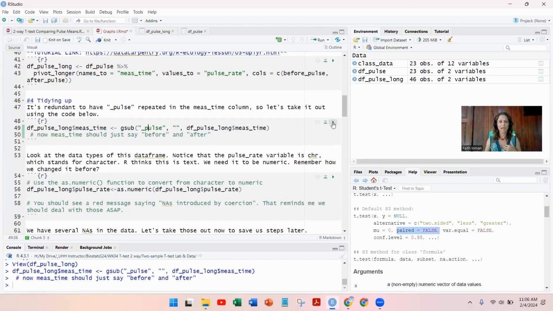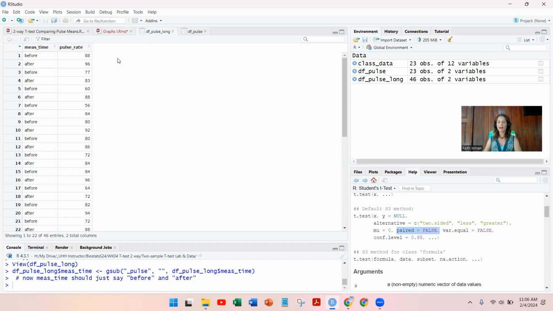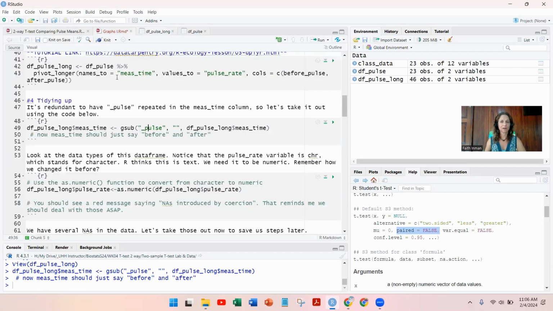Run this chunk, and now measurement time should say before and after. Let's see if it worked. DF long. Yeah, for me it worked. You might have to do a refresh. I noticed some people had that before, but mine works right away. So measurement time now says before and after. That's all we need, right? Come back over to the graphs